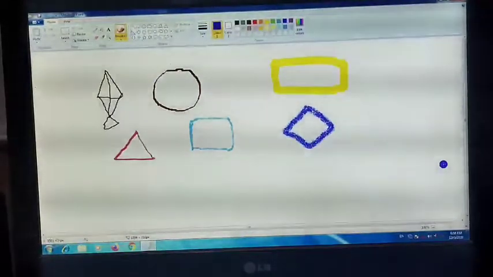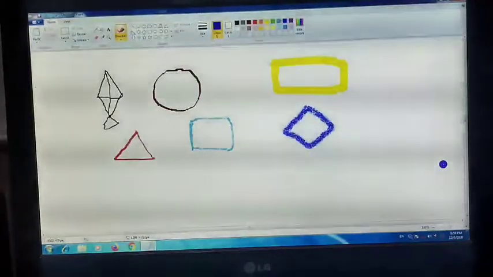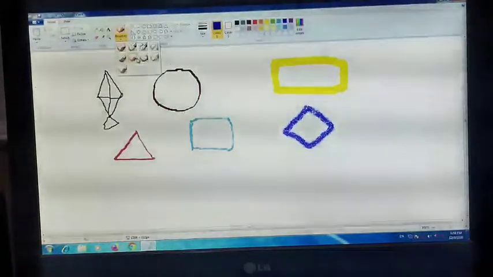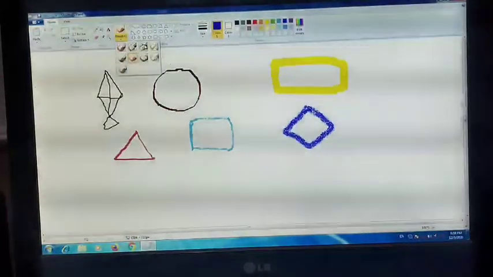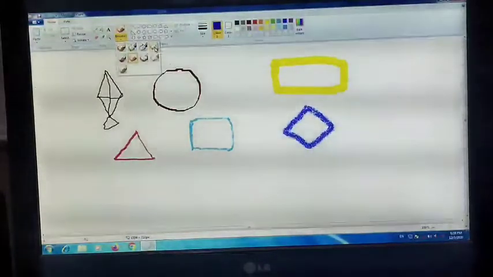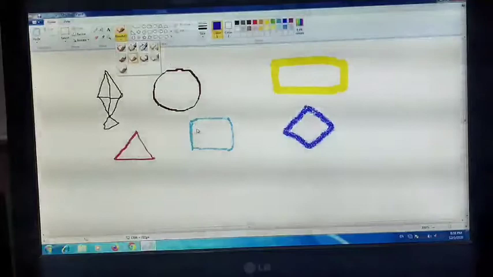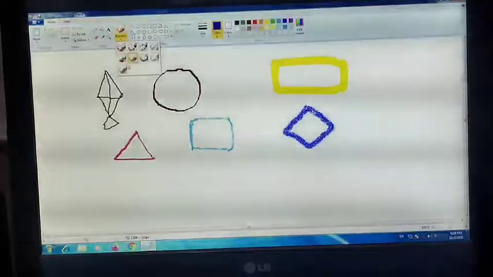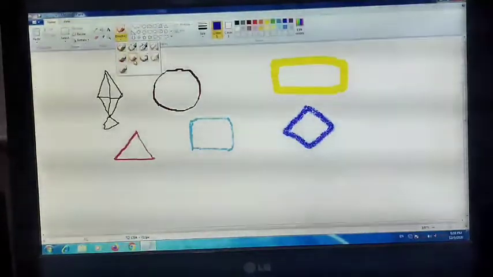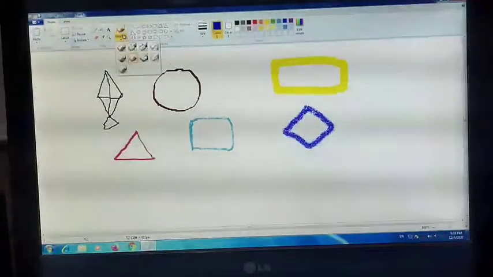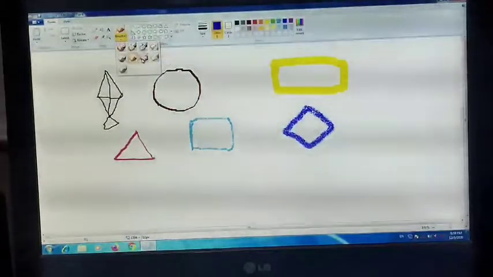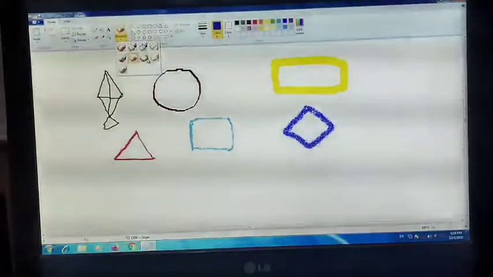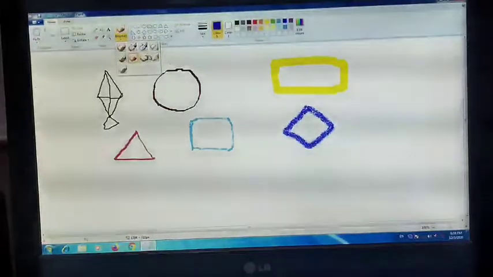Okay? Now I am going to tell you about the airbrush tool. So as I did here, this is an airbrush. Here are some airbrush tools also given in this. So the first one is this. This is the airbrush, and we did this square with the airbrush tool. Then next, second is, just a moment. This is again the oil brush. Okay? And like this there are some brush tools also given to us.